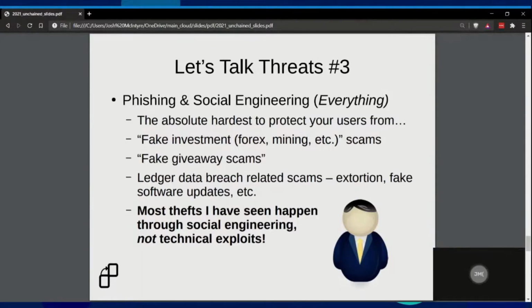And so, don't just assume that if your users are smart enough to interact with cryptocurrency, that they're also smart enough to not get scammed by one of these supposedly obvious issues, right? This is something that people make their livings stealing from other people using these techniques. And, especially as penetration testers and security professionals, I think you all know how powerful social engineering is. And so the only way to prevent social engineering being a route for stealing from people is education. We have to really train our users on social engineering.